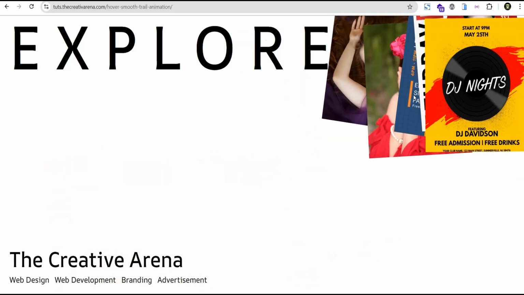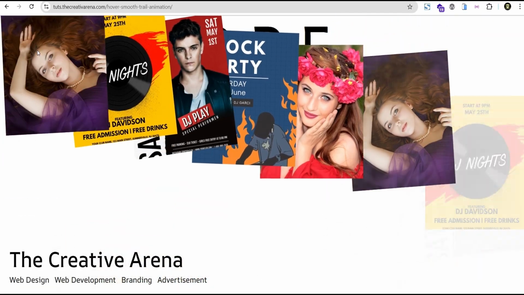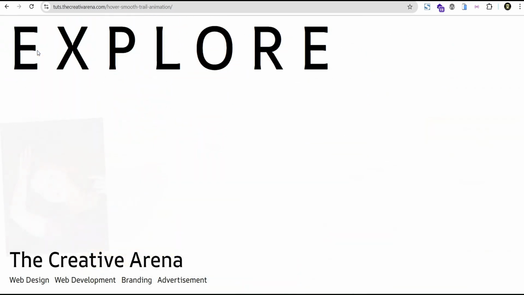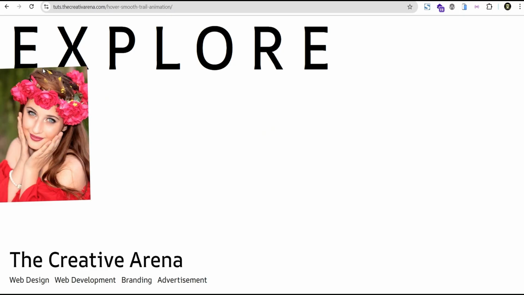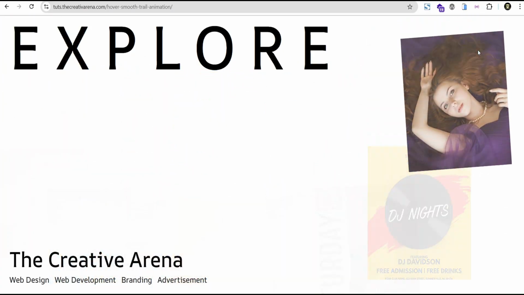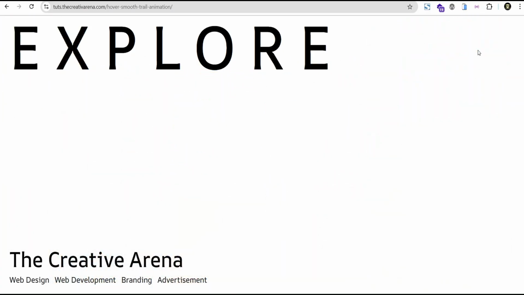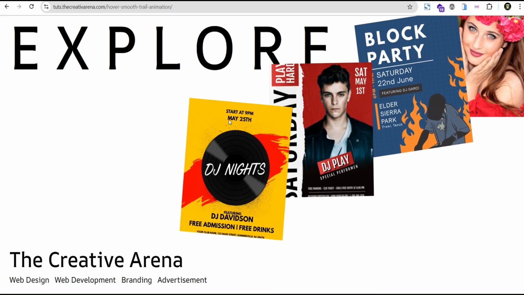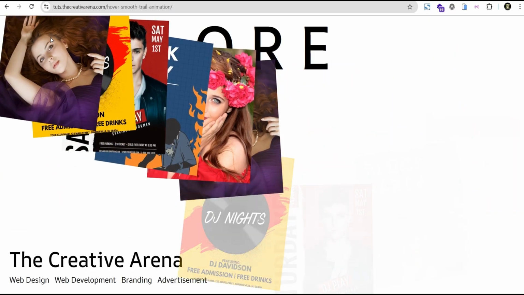Now, mind you, this effect is responsive on all devices. However, it is not useful on mobile devices as mobile doesn't have hover effect. But on tablet and desktop, it looks amazing. Okay, and if you're using the Elementor free version and the Elementor Pro version, you'll be able to achieve this easily. And I'm going to walk you through every step of the way on how to go about achieving this